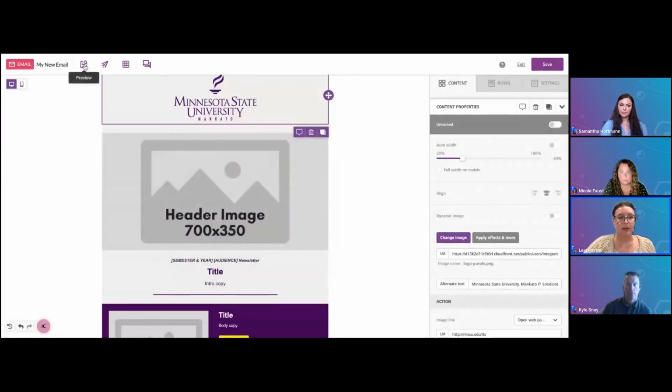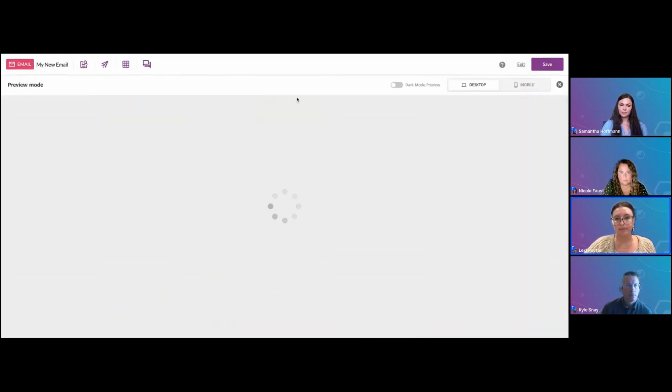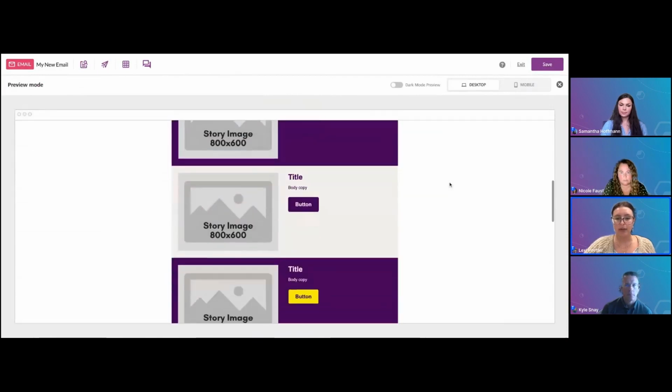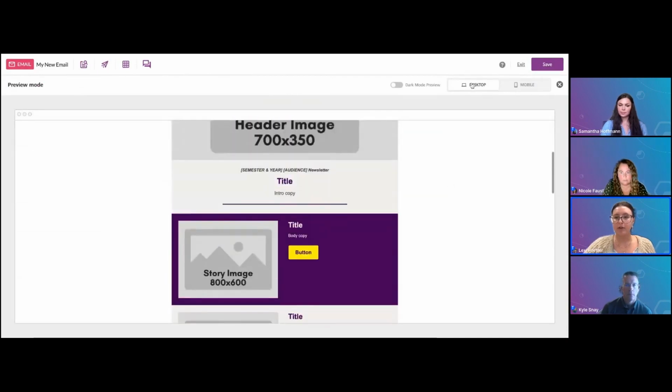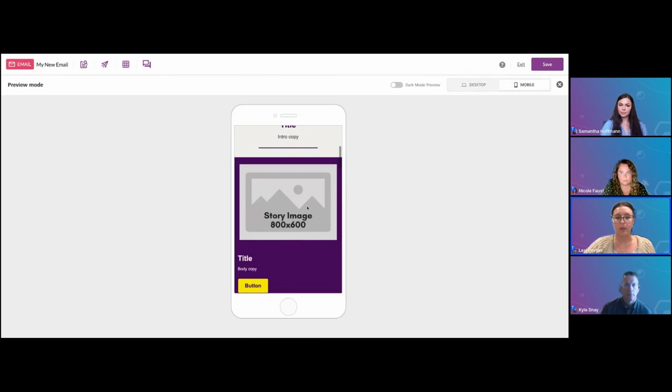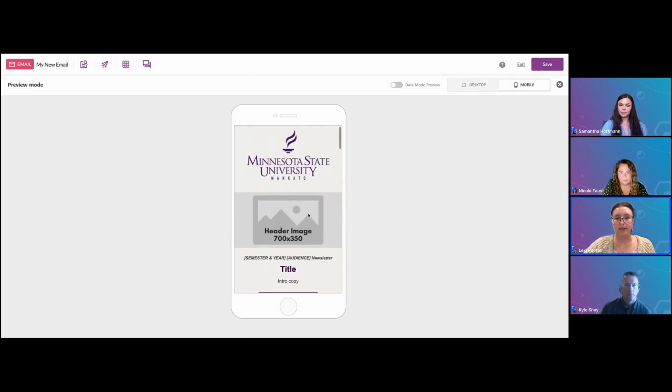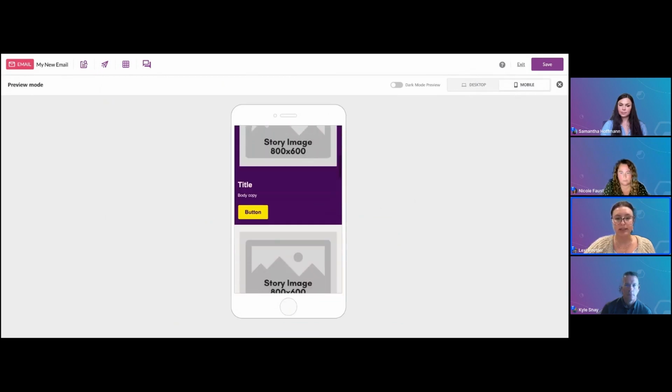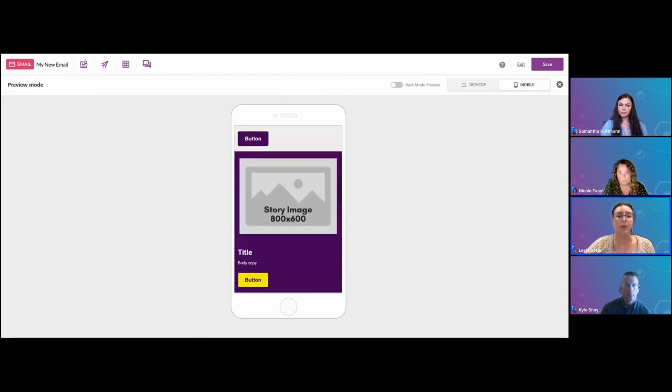So yeah, I really love that tool as well too, because you can easily just pop in there and see what this is going to look like on a mobile device. So if you are in here, you can click your preview button. And this shows you, okay, here we're in desktop version, but if you go up to this little slider, you can click on mobile, and it's going to show you how it's going to squeeze in those images and that text and how that's going to look on a mobile device.